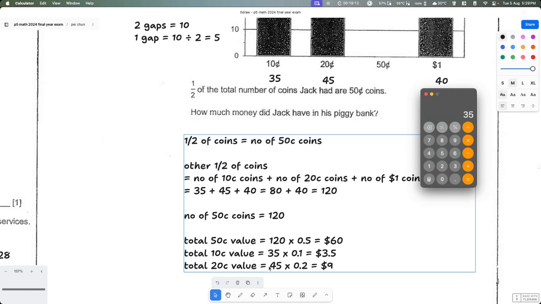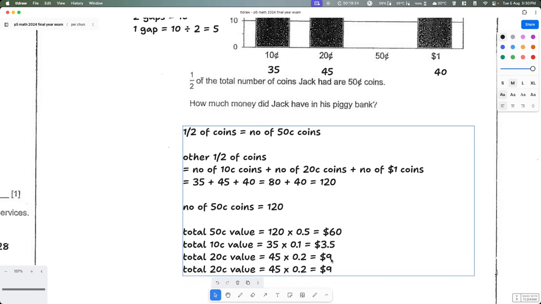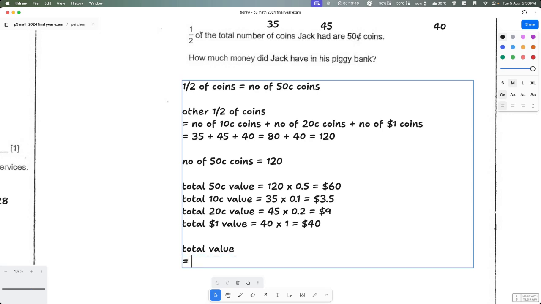So 35 multiplied by 0.1, okay, good. Then 45 multiplied by 0.2, good. And then you have $1. I think the $1 is the easiest, right? So the $1 value is basically 40 times 1, which is equal to $40. So the total value is equal to 60 plus 3.5 plus 9 plus 40,